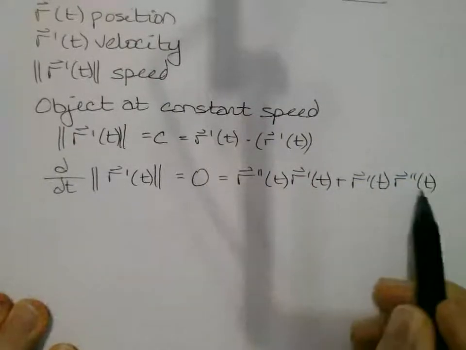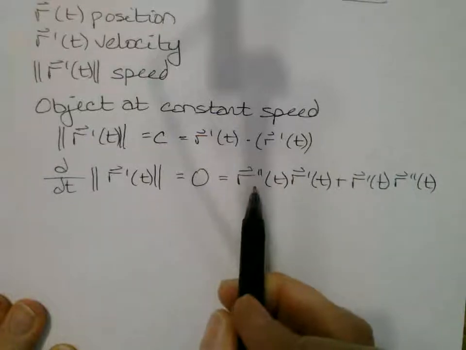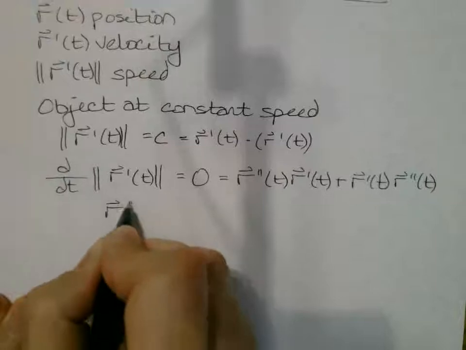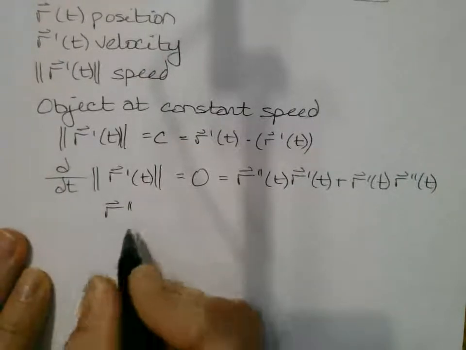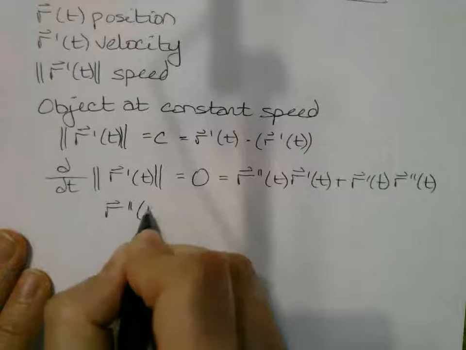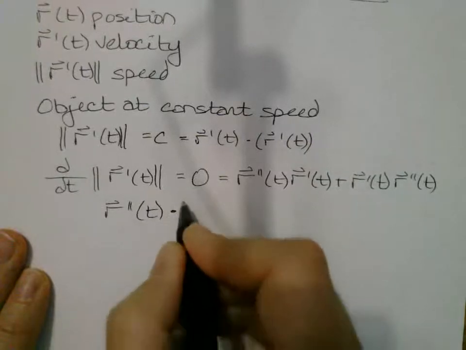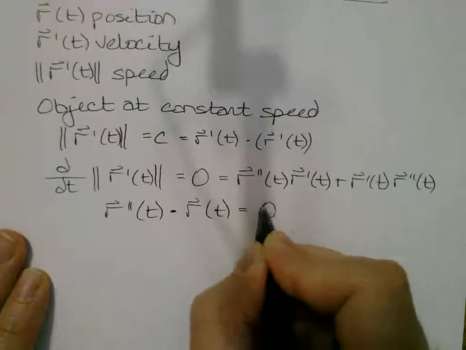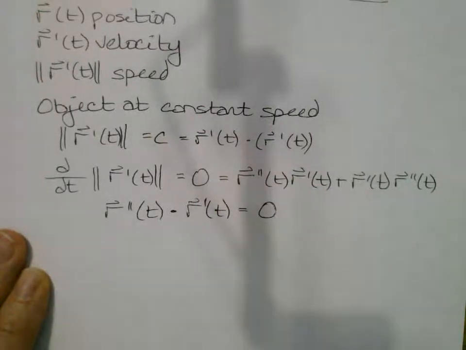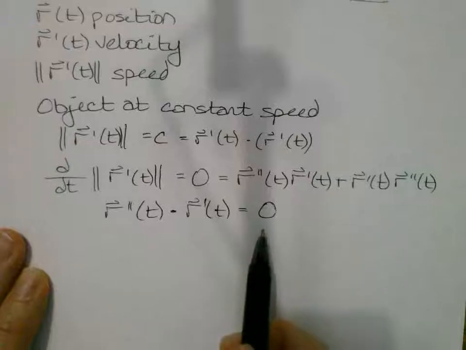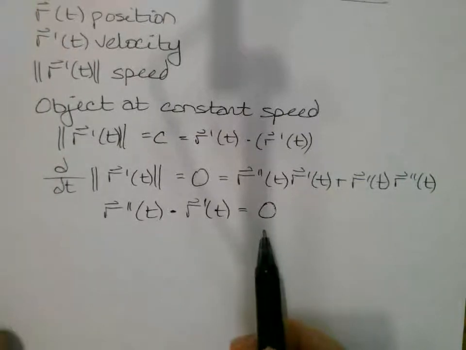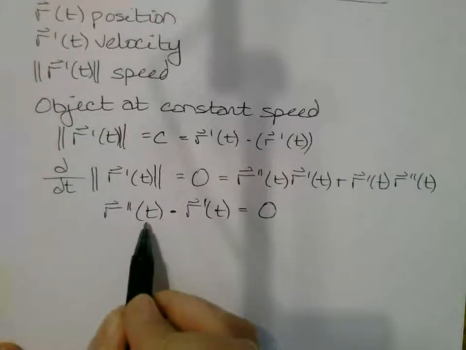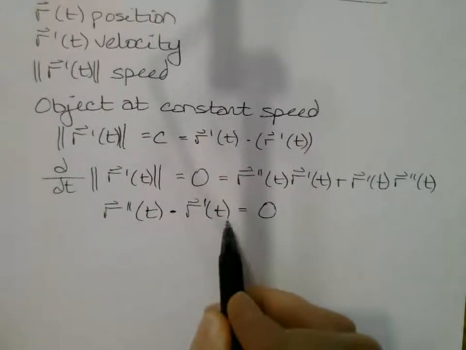Well, so what have I discovered here? This is two of the same thing. This says that the second derivative of r, its acceleration, when I do a dot product with the first derivative of the velocity, I get 0. Well, when the dot product is 0, that means I have two things that are orthogonal. So if I have an object moving at constant speed, the direction of the acceleration is orthogonal to the direction